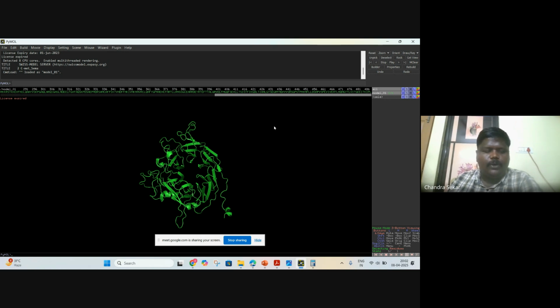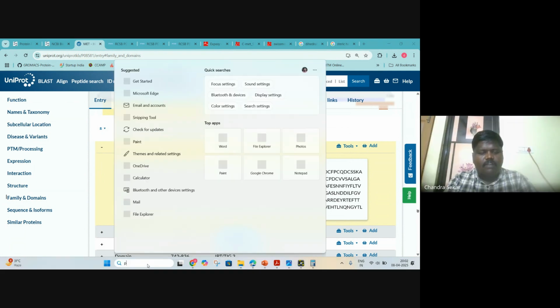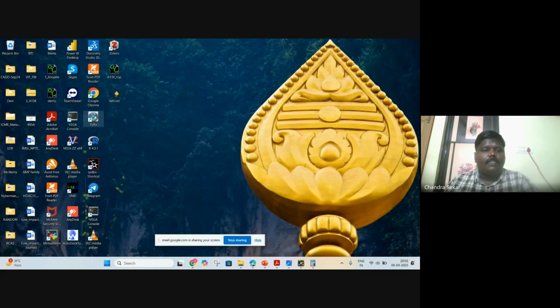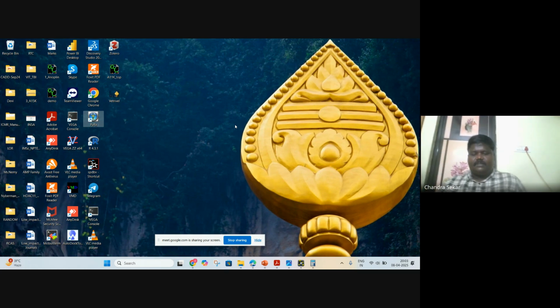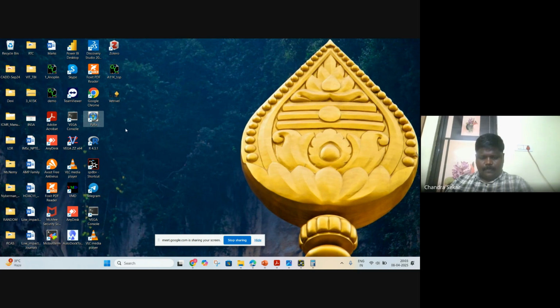Meanwhile, I'll advise you to install a software called PyRx. Do you have PyRx with you? No, sir. You have AutoDock Vina? AutoDock Vina is also installed in PyRx. I tried several methods, but out of my experience, I suggest to my students only this method because it has several interfaces. Can you see that icon? PyRx. Just a minute, it's loading.